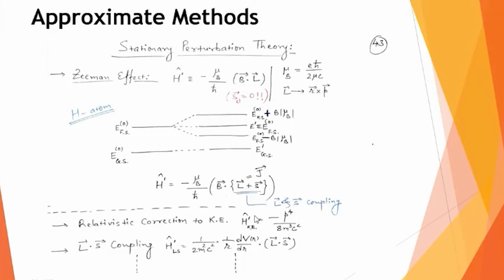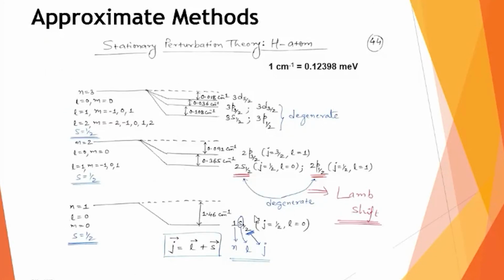So now I can just go on adding the different small interactions into my description. Whatever interactions you can think of, whatever physics is allowing you to include, and if that interaction is not large compared to the unperturbed Hamiltonian, if I just go on adding these small interactions as perturbations, then following the same simple mathematics, I can now find the detailed energy spectra, the detailed energy levels of a hydrogenic system. What I have shown here is the summary of all this.